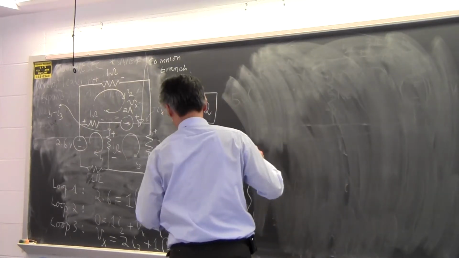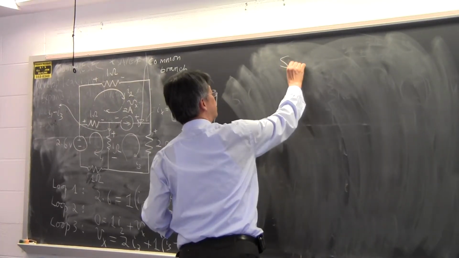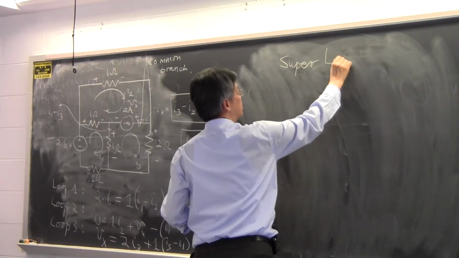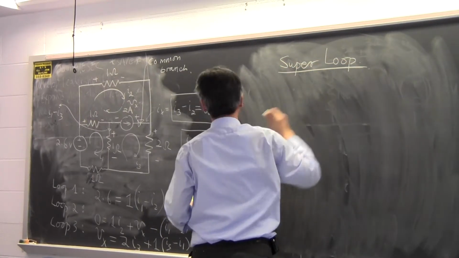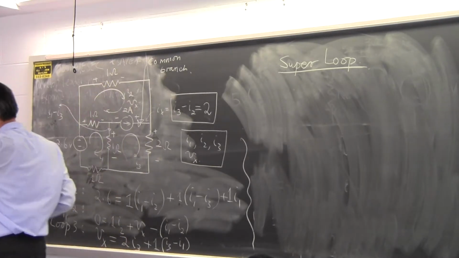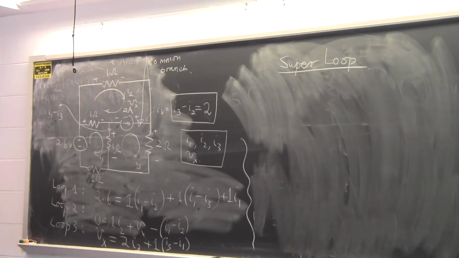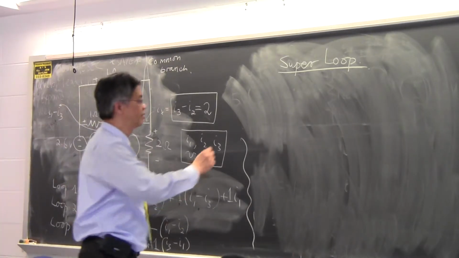So let's talk about the concept of a super loop. There is a super loop in this example over here, and it's been discussed in the textbook, and let's think about what it is. A super loop is usually forced or given by the presence of a current source. If I want to define what the current source is,